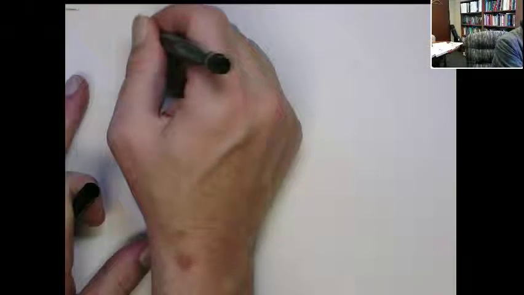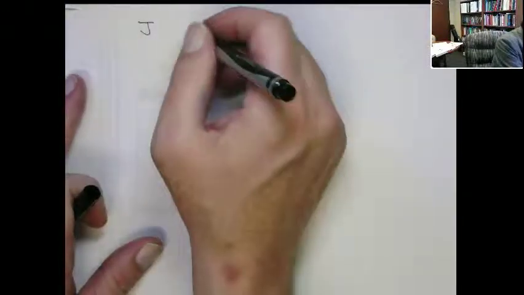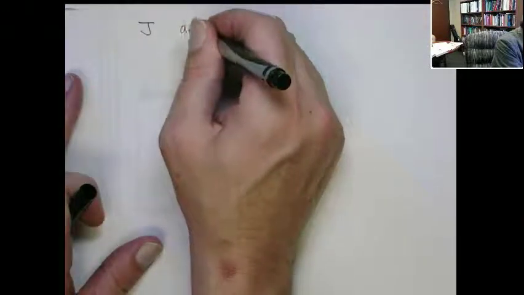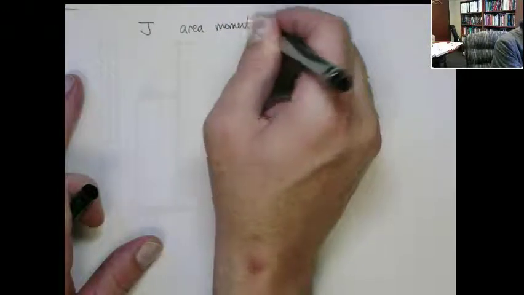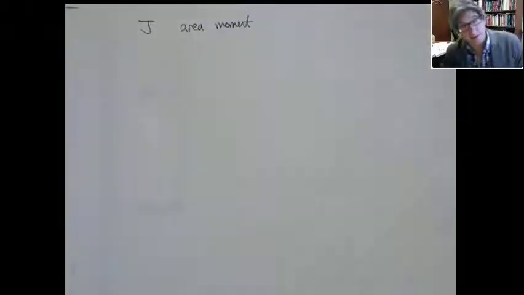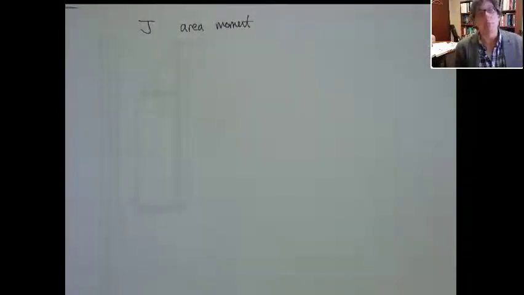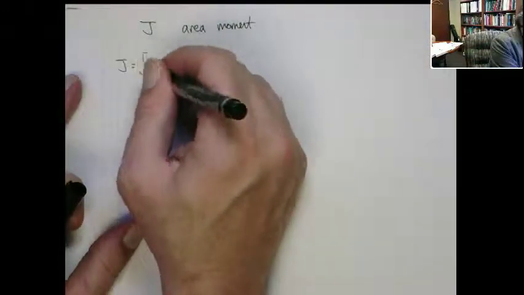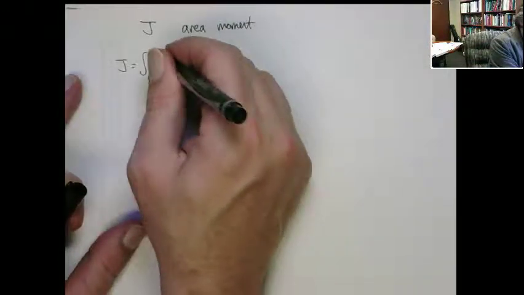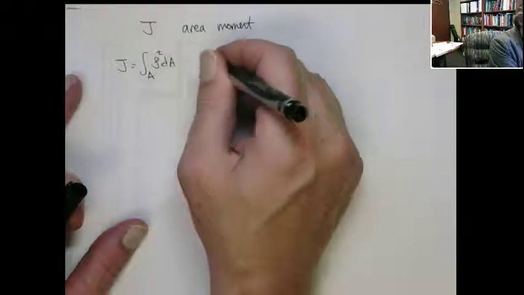Let's just talk about J, and in general, really these area moments. These are these integrals. They're going to pop up a lot in this class. J, remember, is the second polar area. So remember J, which is an integral over the cross-sectional area of the radius squared. This is what we call the second